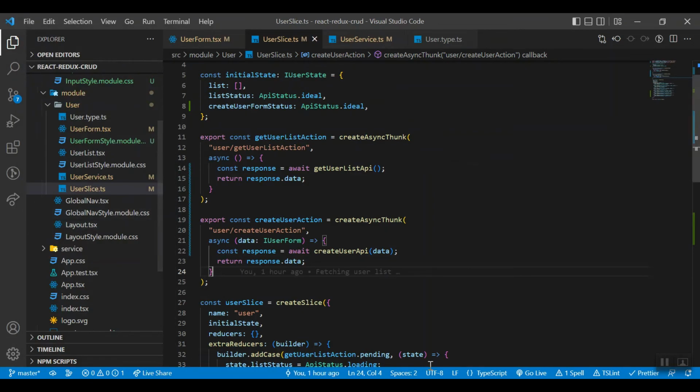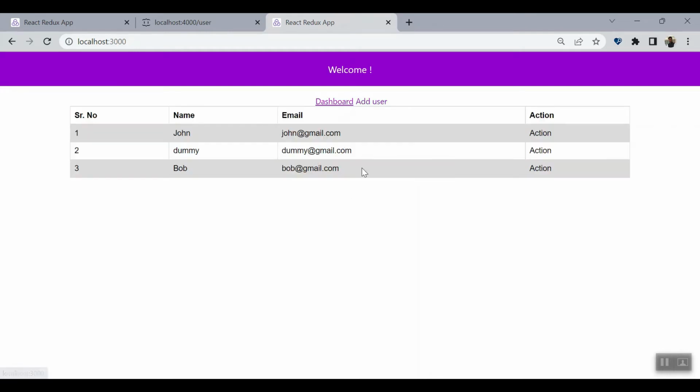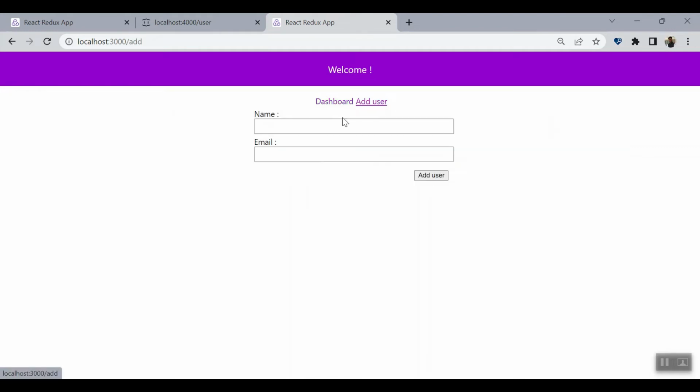Save all. Check now. In dashboard we have only 2 records. Now I am creating one more, Bob at the gmail.com. Okay, let's check. Okay, Bob is created now. Again create some, Johnny at the rate gmail.com,